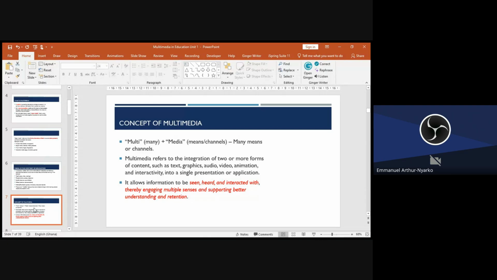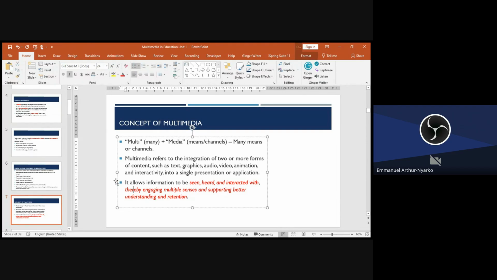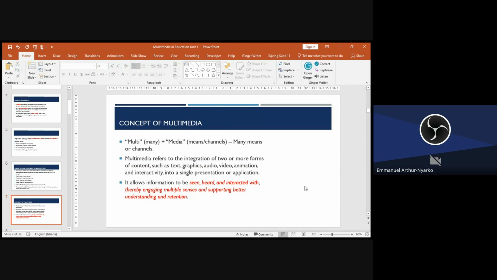By the time you finish this program, you should be able to develop one multimedia that will be scored. Just as my class rep was pleading that the first quiz should be made an assignment, but we'll think about it. So that is that.